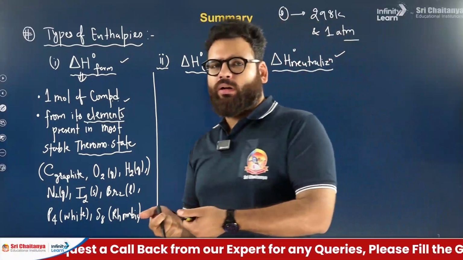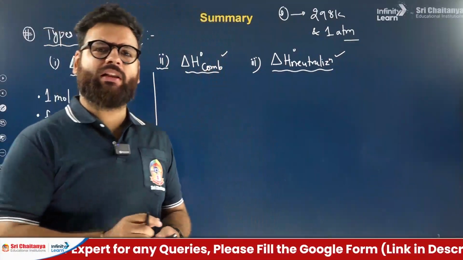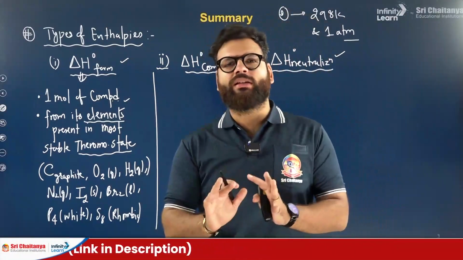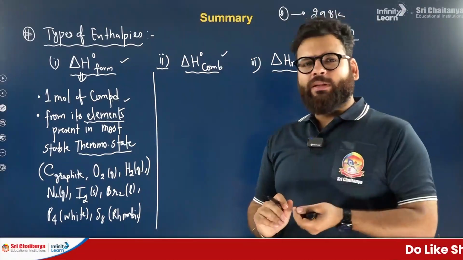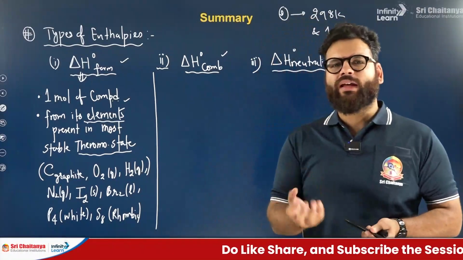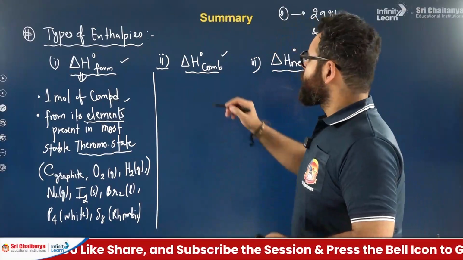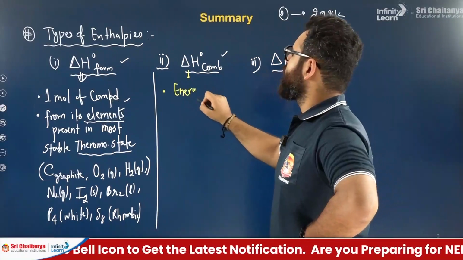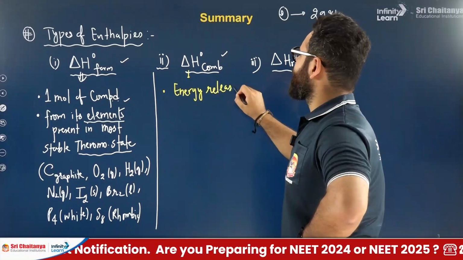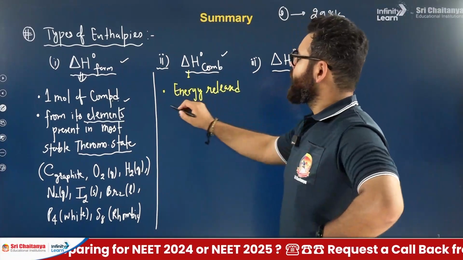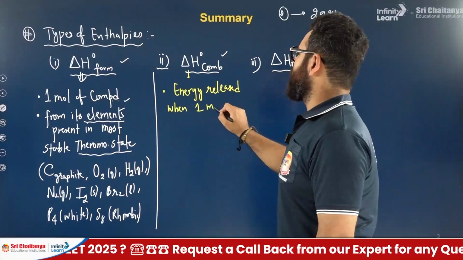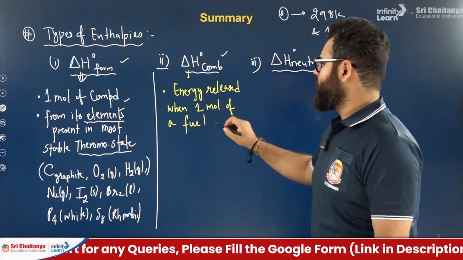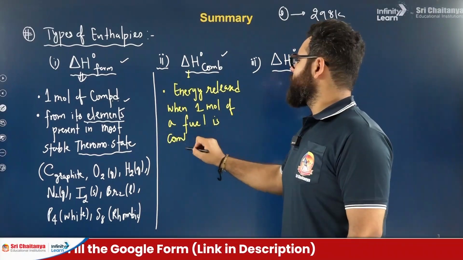You put fuel into your car and you can turn on the engine. Till the fuel is there, engine will stay turned on. That means your car will get energy only if petrol or diesel is there inside it. LPG cylinder, whenever you turn on, the fire will come out. That means it is also going to be exothermic. So first of all, combustion always exothermic. Amount of energy, write down all of you. Energy released, always energy released when 1 mole of a compound, we call it as fuel here, 1 mole of a fuel is completely oxidized